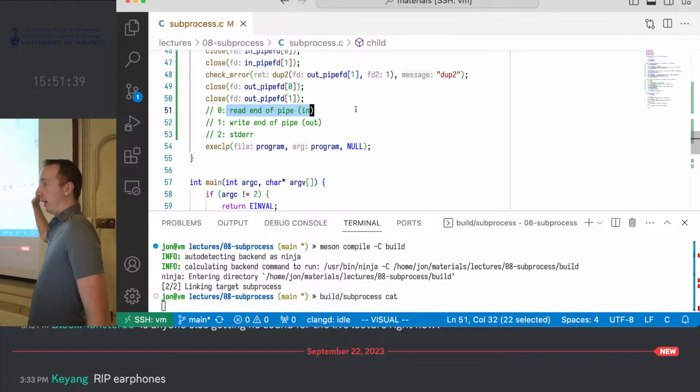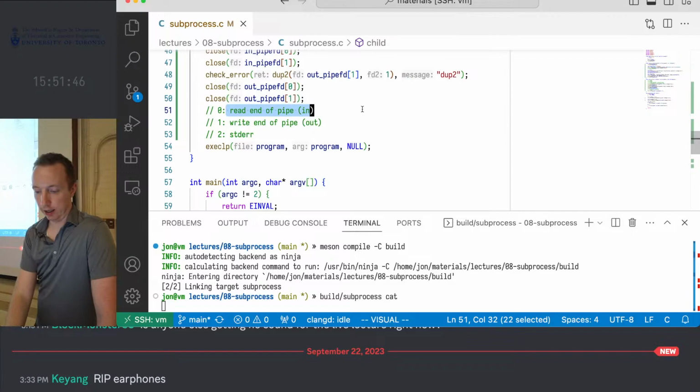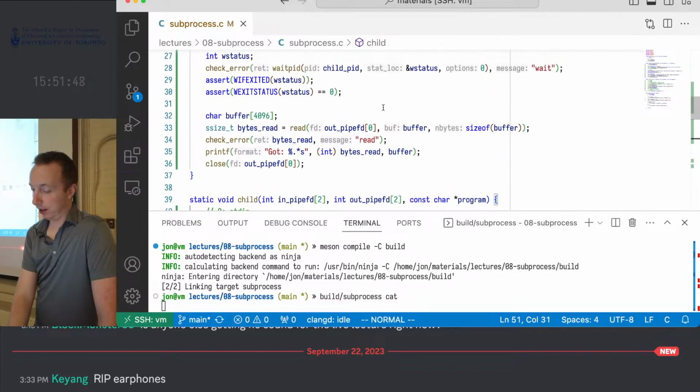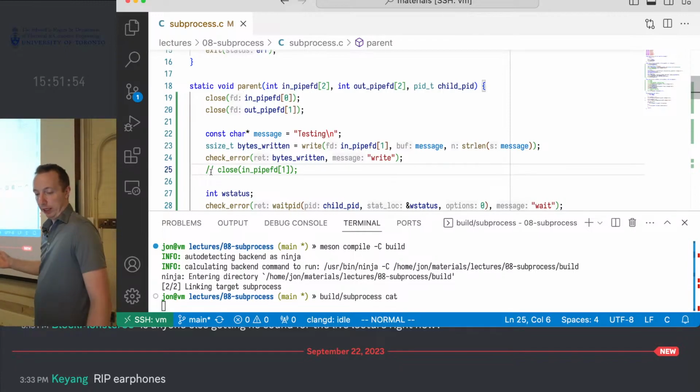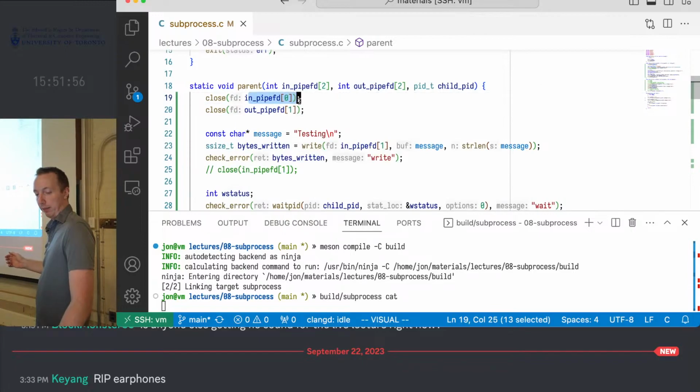It doesn't have any access to the write end of the in pipe. So the child is clean. And in the parent, we close the read end of the in pipe, but we still